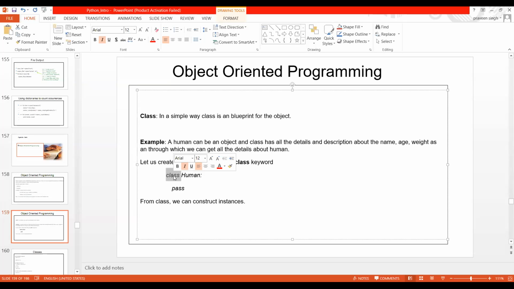So you can see I have just written class and human. I don't know how many of you remember this pass. So guys, if you do not remember this pass, that means you need to recall, or maybe revise my entire lectures. And here I have clearly mentioned I'm going to create an empty class using the class keyword. So I have created this, and later on, when I want to define something, I can write here some definition, or some sort of description. Are you getting my point or not, everybody? Is that clear?